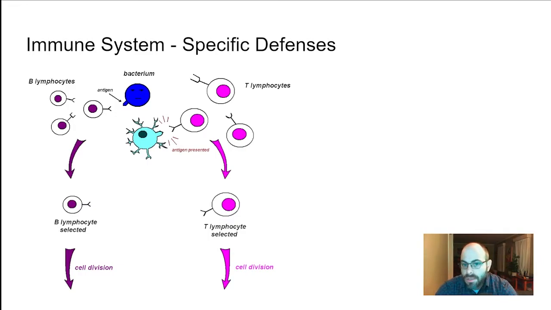And that helper T cell, this is getting a little too complicated. Basically the thing you need to know, sorry, I went off the deep end a little bit: the humoral response has to do with the production of antibodies. Antibodies are proteins that will attack a very specific pathogen. Only one, right? They're not general.